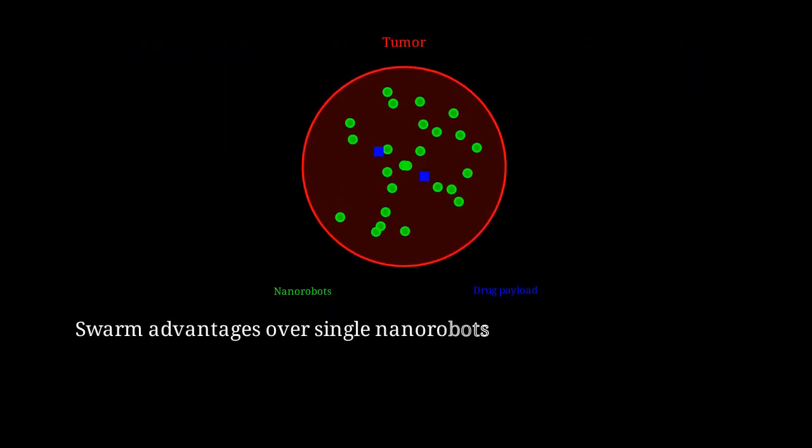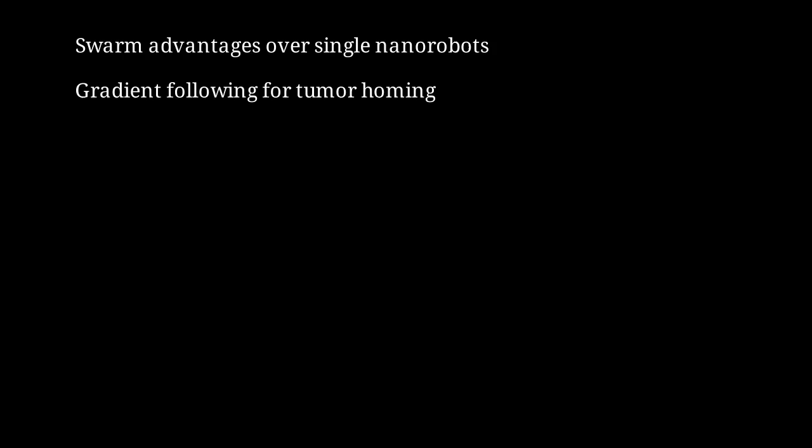Why swarms instead of individual nanorobots? Swarms provide redundancy against individual failures, collective sensing to map complex environments, and the ability to tackle tasks requiring distributed effort. Tumors release chemical signals. Nanorobot swarms can implement chemotaxis, following concentration gradients of tumor markers like bacteria follow nutrient gradients to autonomously locate malignant tissue.